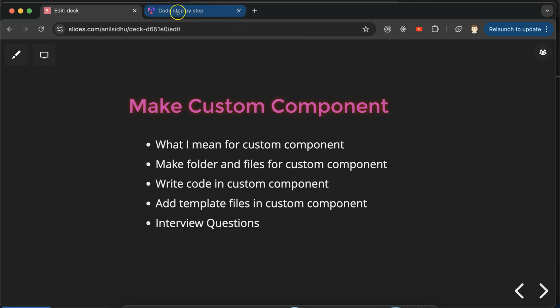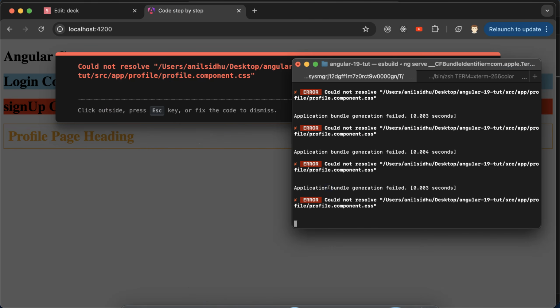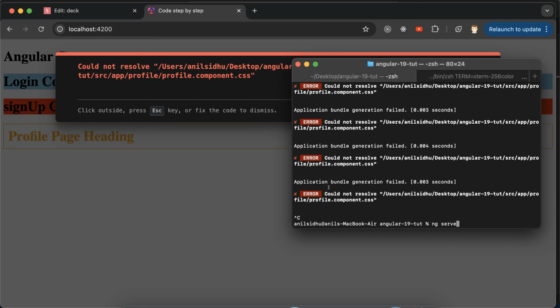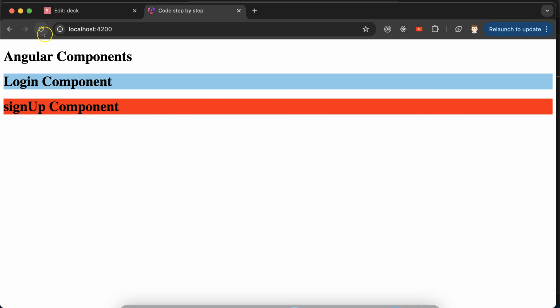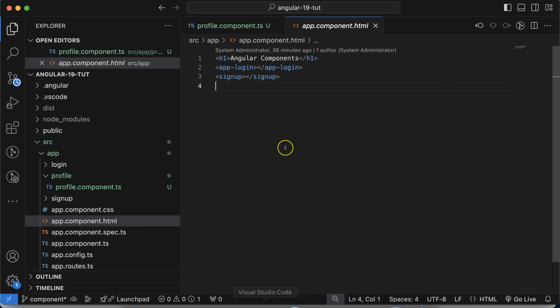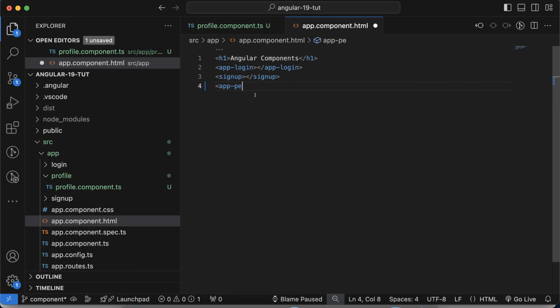So right now you can see that we have, okay, let me see what is that. This is one of the previous errors. So let me close the terminal and run it again. Yeah, so this is perfectly working fine. There is no error at all. So if I want to use their profile, then just use the selector name there,